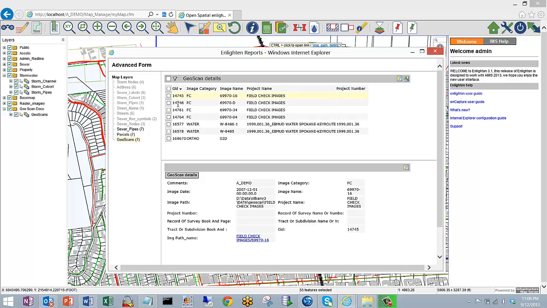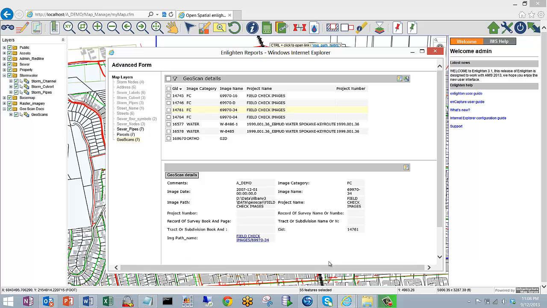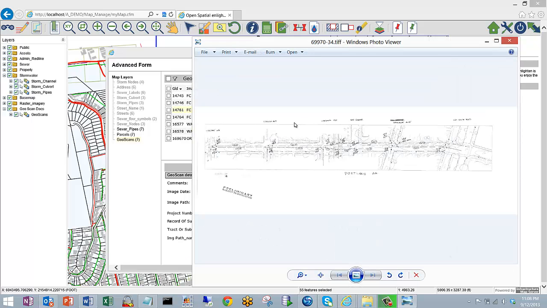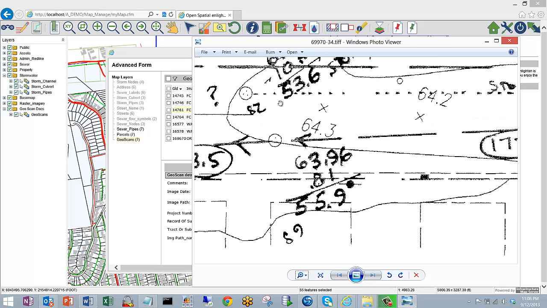I can go in and click on any one of these rows, and you'll notice that it changes down the bottom here as to a given image. There's a hyperlink directly to it. I can see project information, I can see dates, and in fact then I can simply click on this to go and open and view that image in the browser. So I've said yes to it, and so there's that particular scan, and so now I have a whole lot of useful information here that I can go in and look at in relation to that particular one on the